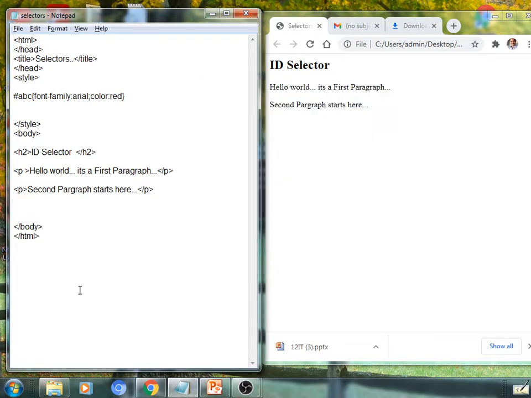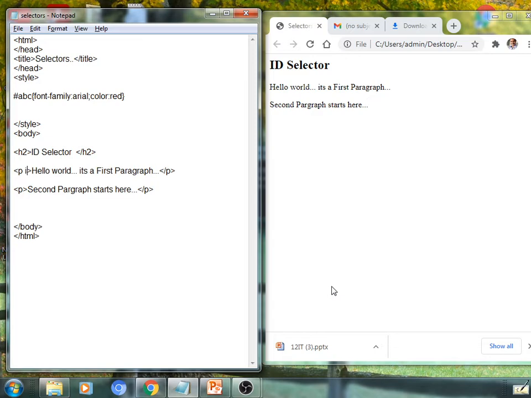So how do we apply this ABC ID selector? We have used it here in the body section, in heading level 2, and paragraphs first and second can also use it. Suppose you want to apply it on any HTML element, that is possible again. Suppose I want to apply it on this paragraph.